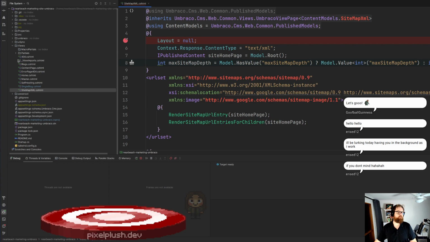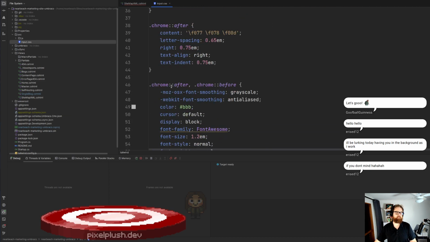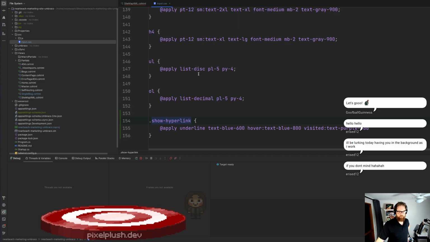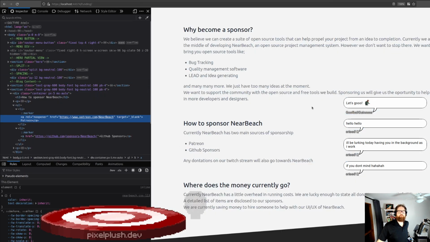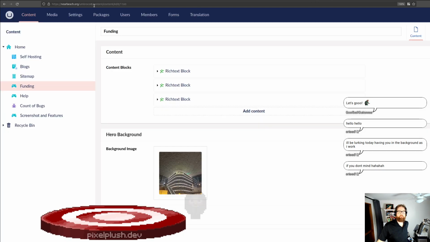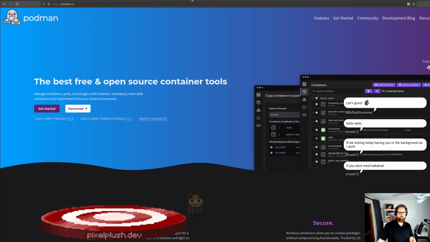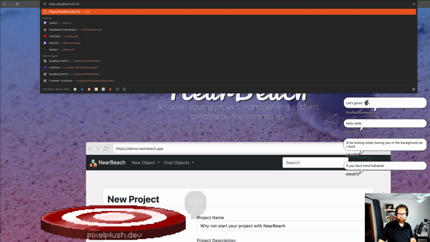So what I would want to do is go into our source, into our input CSS, scroll all the way down to the bottom. I'm going to paste this in, but I'm going to name it show hyperlink as a class. And then I'm going to save. And then what that would do is if we go into our localhost 44374, whoops, and Braco,